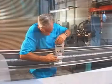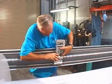reversing the process. Before you reassemble that, can you pull that back out so you can...